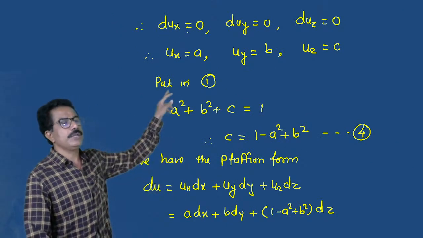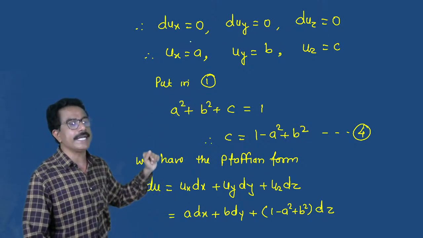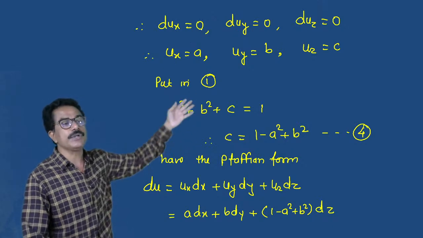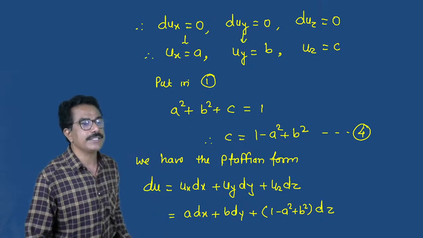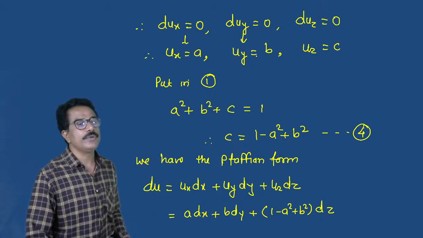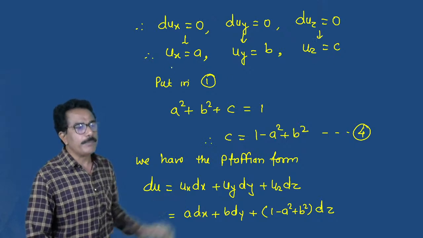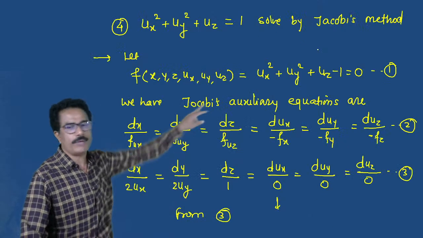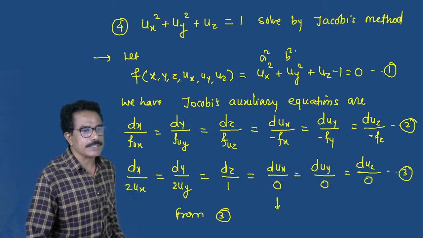So dux is equal to 0, duy is equal to 0, duz is equal to 0. By integrating dux, the integration of 0 gives a constant of integration, here a. By integrating the second equation, uy is equal to b, and uz is equal to c. Putting these values of ux, uy, uz in equation 1, we can write a square plus b square